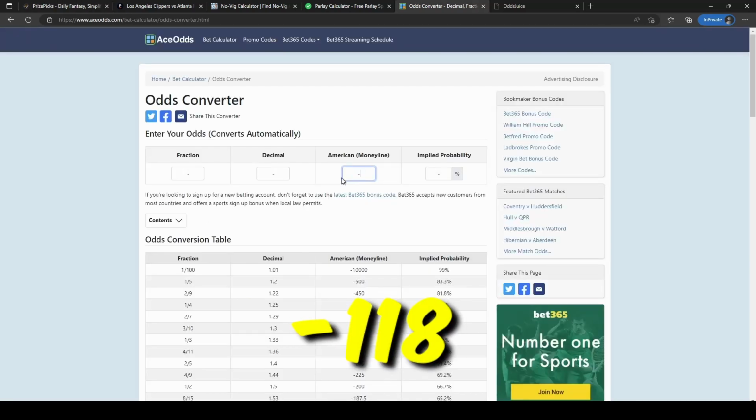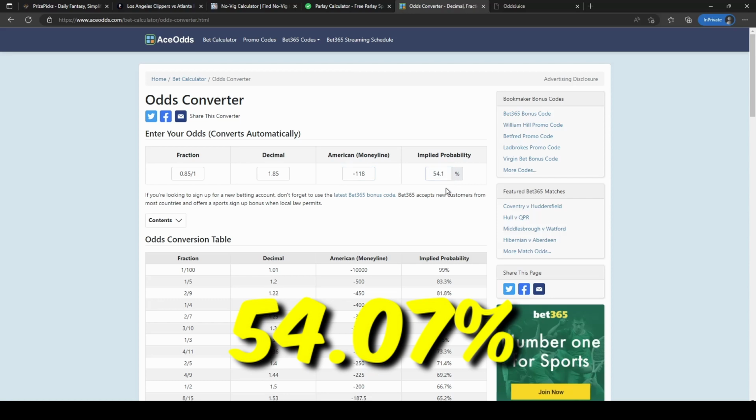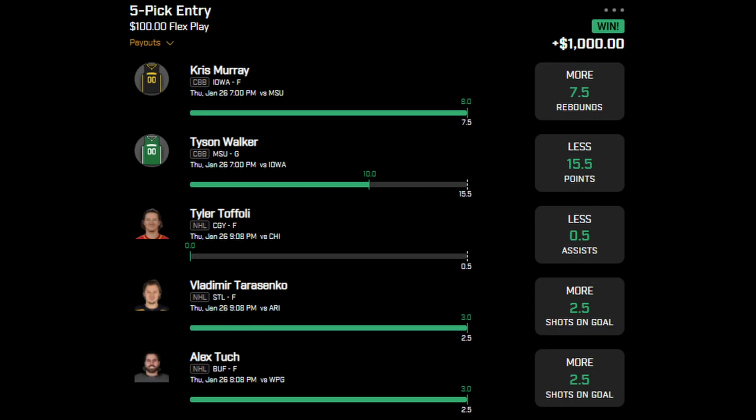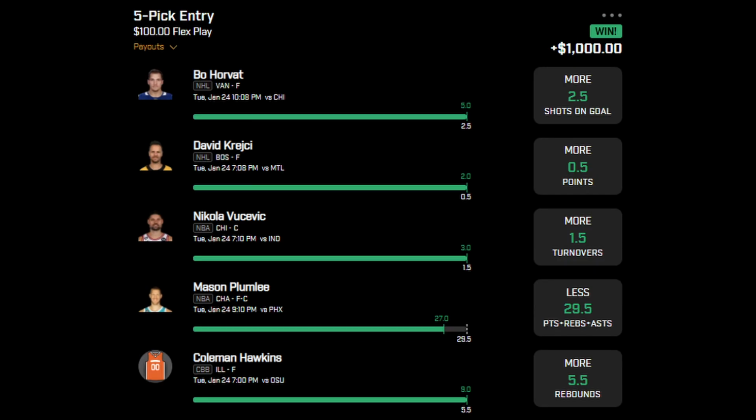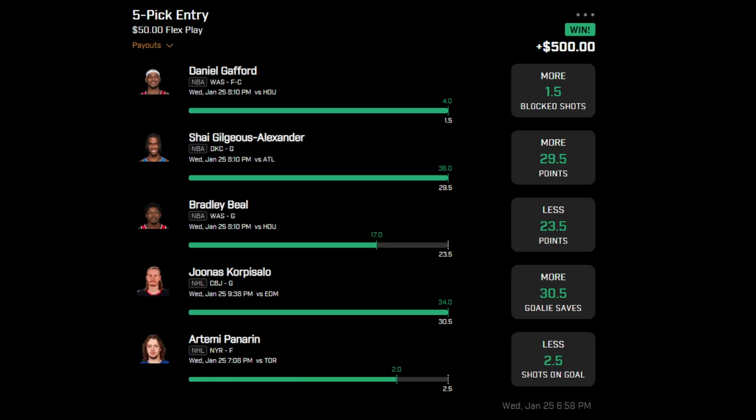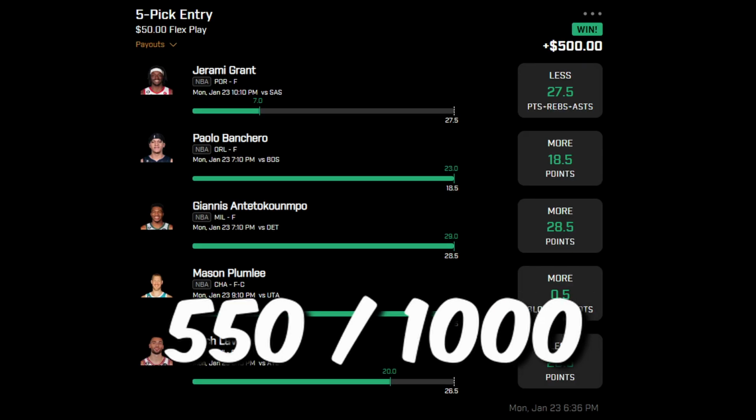They both sit at -118 fair, which translates to a break-even hit rate of 54.07%, which is way better than anything we've gone over. So if you have a hit rate of over 54% and only play 5 and 6 flexes, you're on your way to actually making money. I don't mean hitting 6 out of your last 10, but more like something around 550 wins over your last